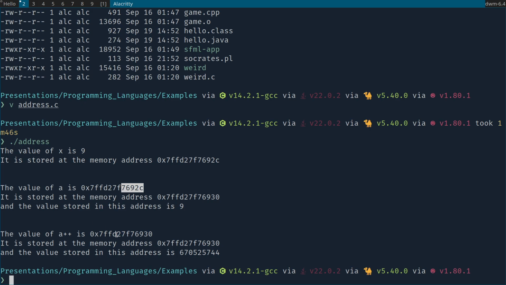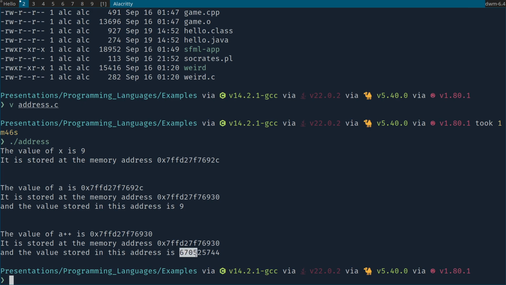Now I'm going to increment that pointer, so the value of a++ is, oh, well, 6930. That's kind of interesting. That's the same as this one. And that's kind of just a C optimizer thing, but it is kind of weird that it's putting these two right next to each other. The value of a++ is also at 6930, so that's kind of interesting. A is pointing to itself, but what's the value inside of A?